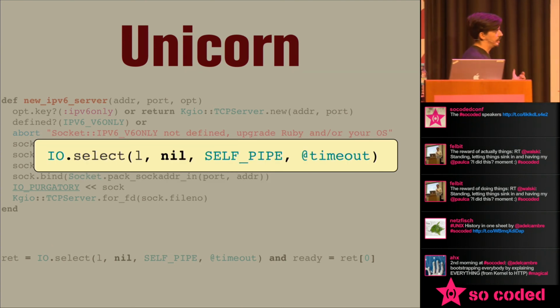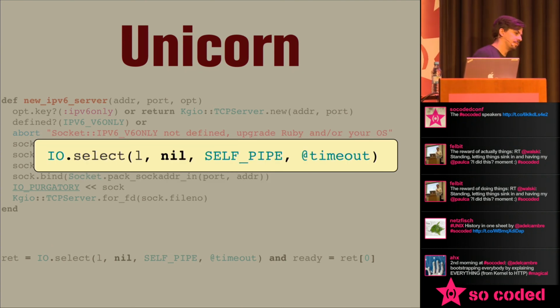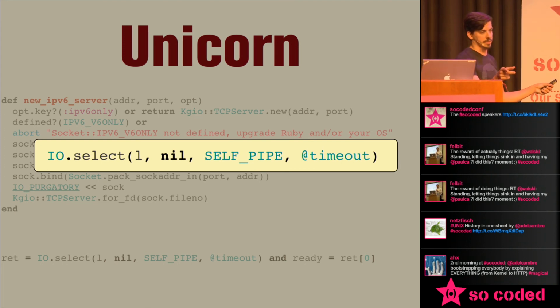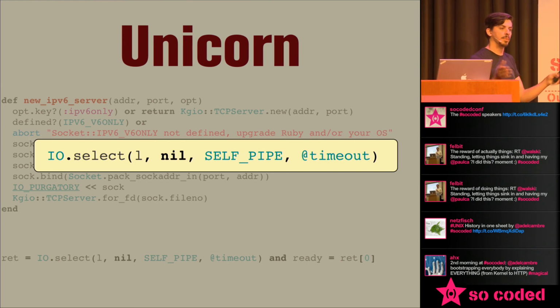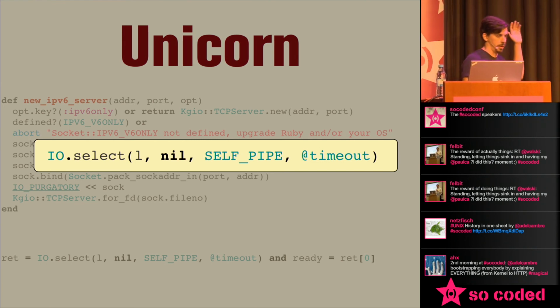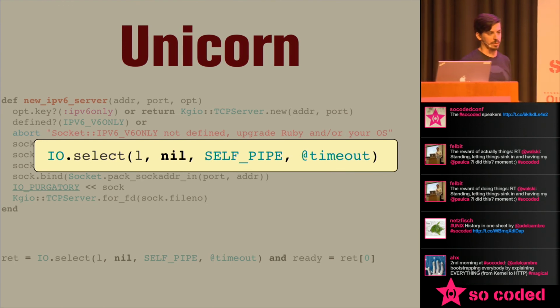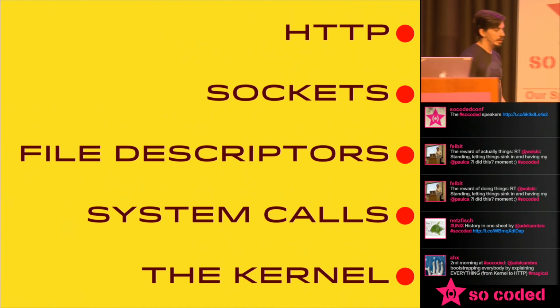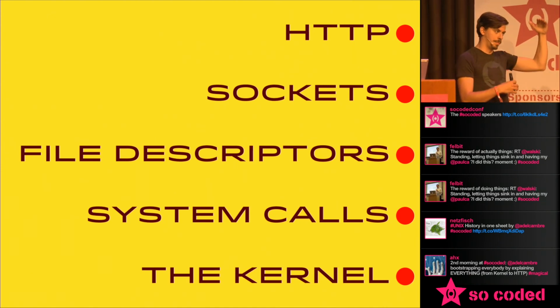And then the way that we accept in Unicorn is a little bit different. When you accept, if you're trying to listen for multiple connections coming in, accept only listens on one file descriptor. So if you have two and you're listening on one and somebody connects on the other one, you won't see it. So select basically allows you to do the exact same thing but across multiple, and it'll tell you which one the thing came in on. But inside of Unicorn, the code is exactly the same as we just showed, with a lot more error handling around it. So we have this whole stack now, kind of up to the bottom of maybe where Rails lives.